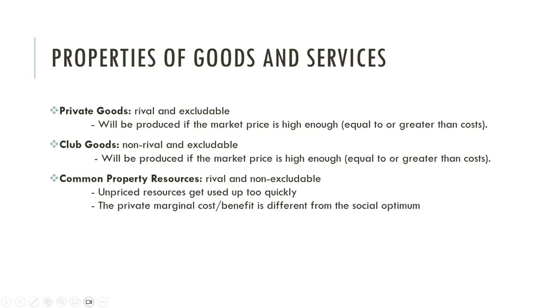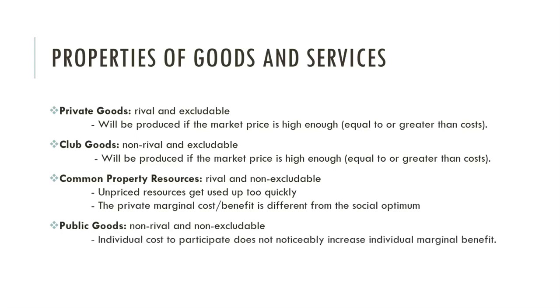people are going to take stuff out. They're going to use too much of it because there's no benefit for saving for the future. And then a public good is something that is non-rival and non-excludable. So it's not used up when somebody uses it, and you can't prevent people who haven't paid for them using it. The individual cost to participate does not noticeably increase the individual marginal benefit, and we definitely have a free rider